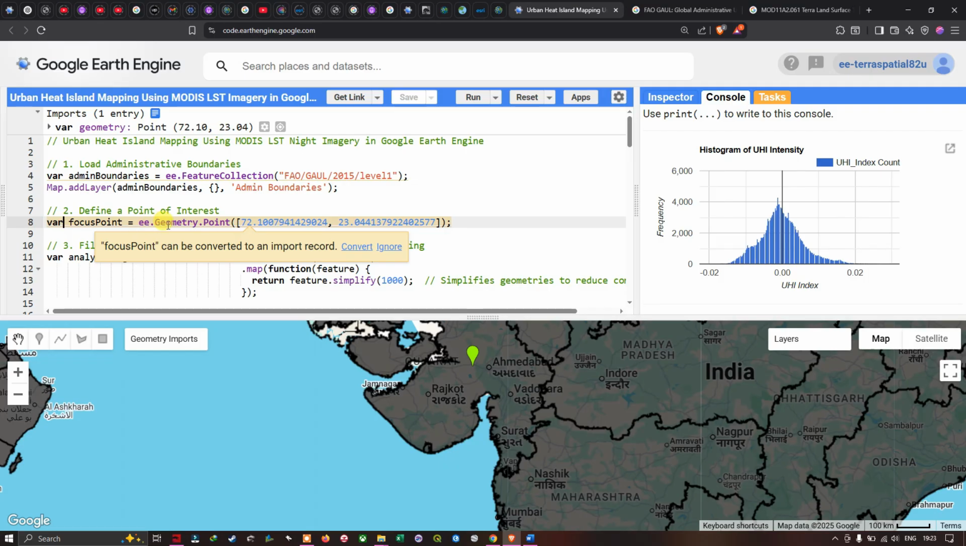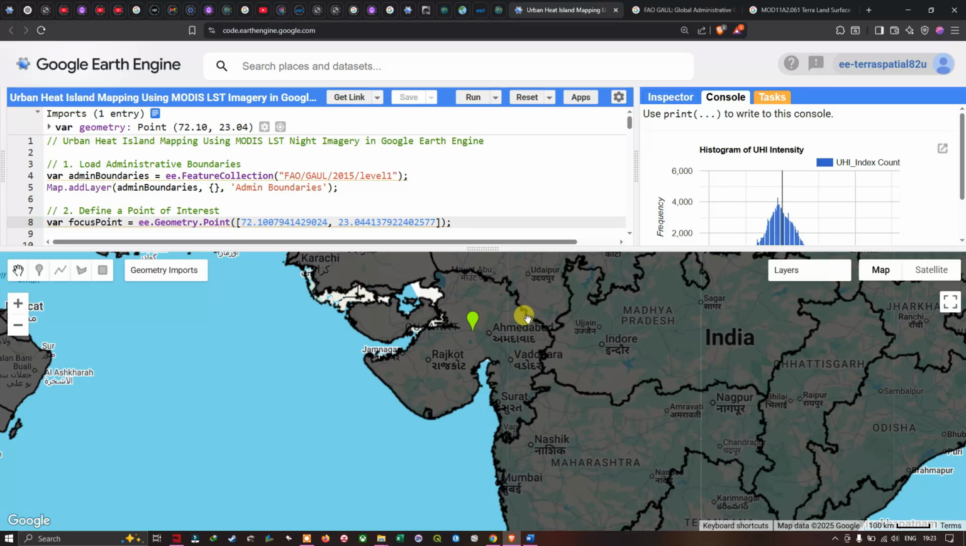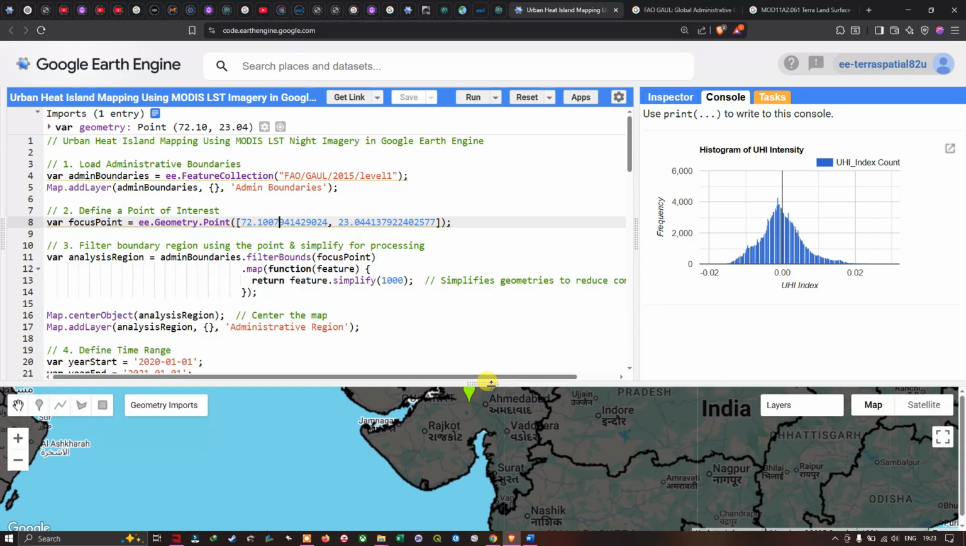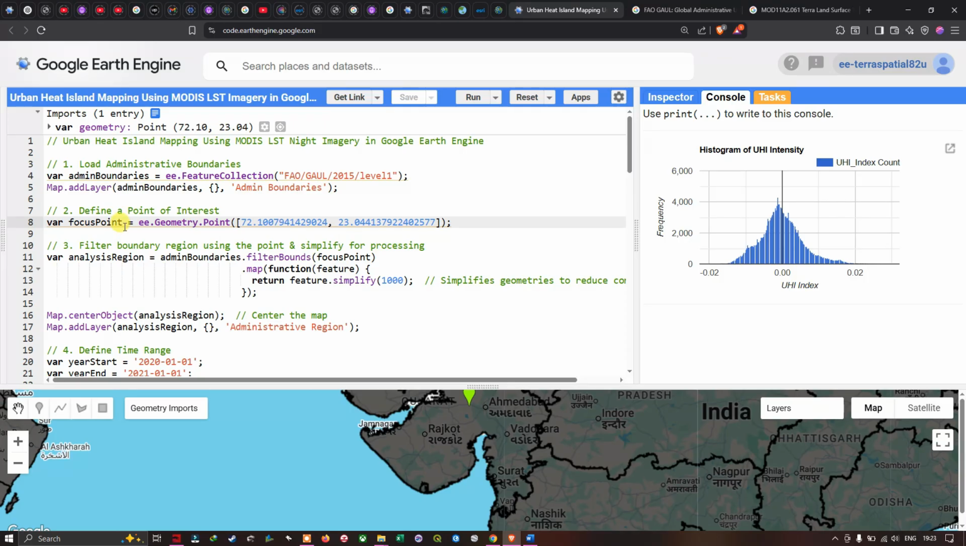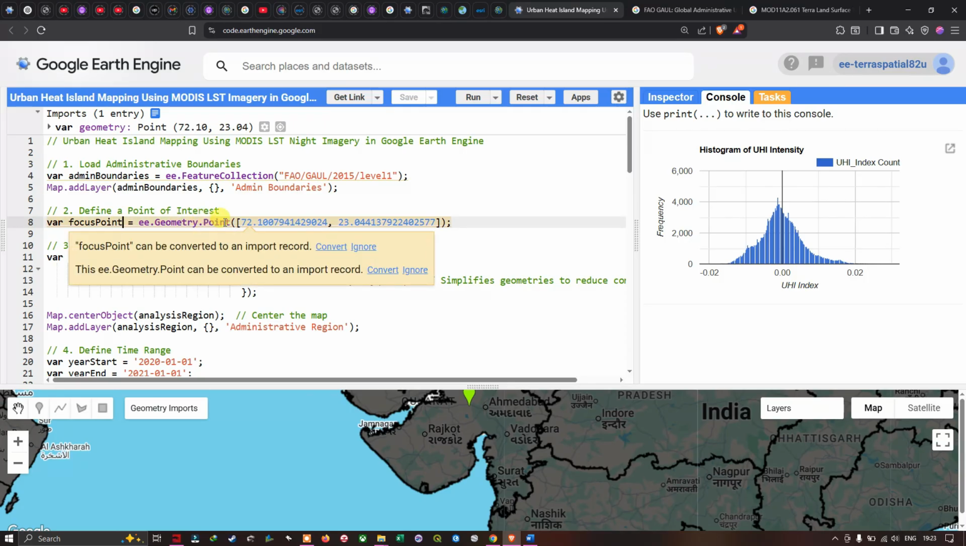Basically this is going to convert the latitude and longitude into point data. So for that we are using ee.Geometry.Point. In the next step we're going to filter this boundary out of this dataset using the variable called focus point. We converted the latitude and longitude into a point, and using the point we're going to filter the